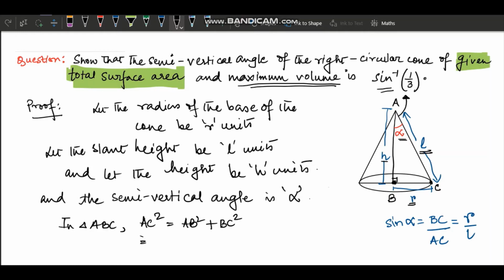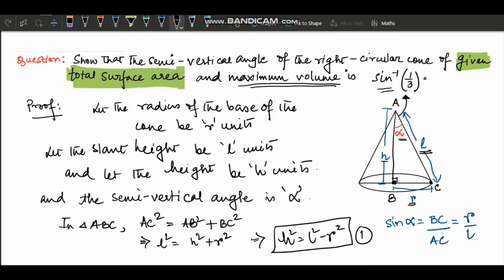So that means L square is equal to H square plus R square, right? So from here you can write H square equal to L square minus R square. Let me write this as